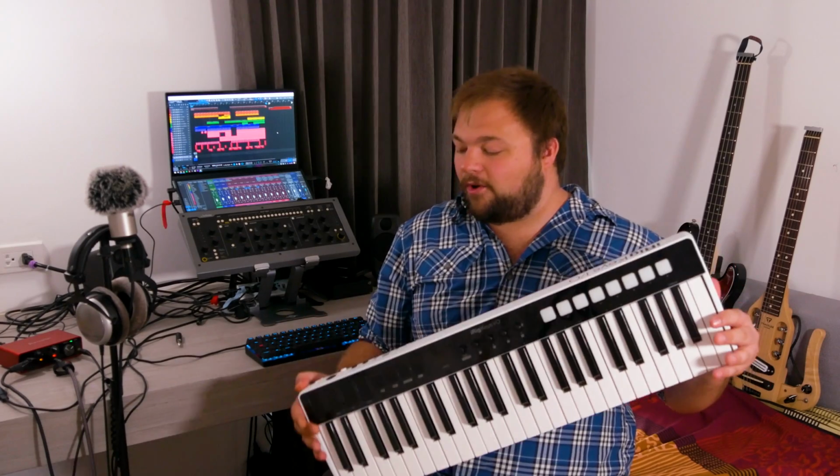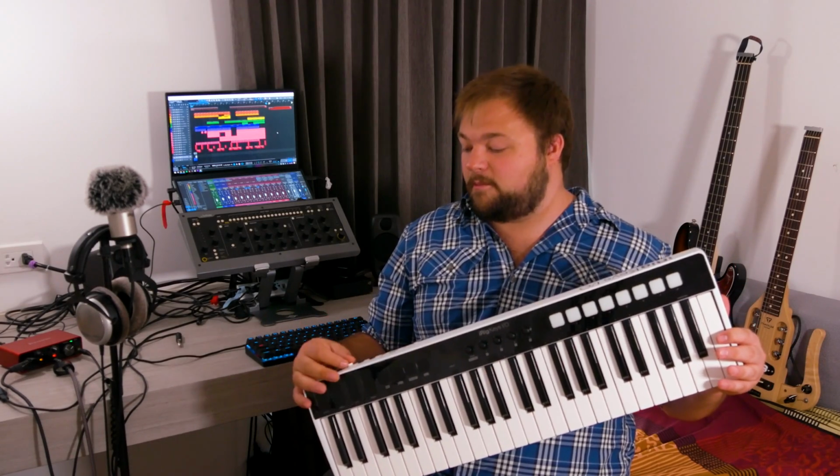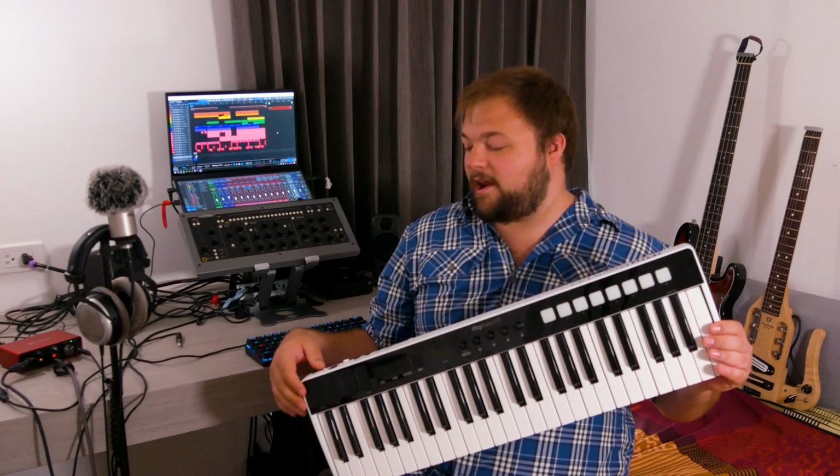Now, that all honestly to me kind of pales in comparison to my biggest thing with this interface, which is that it does not have any dedicated drivers or software. IK Multimedia expects you to use Windows Audio drivers when installing this thing, or Core Audio drivers on a Mac, or when I got in touch with their tech support and asked for alternatives, they directed me to ASIO for All,